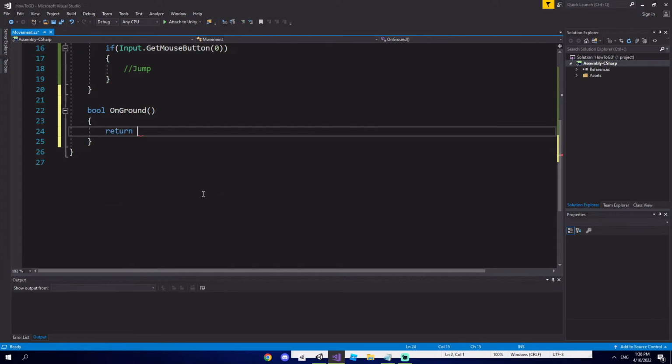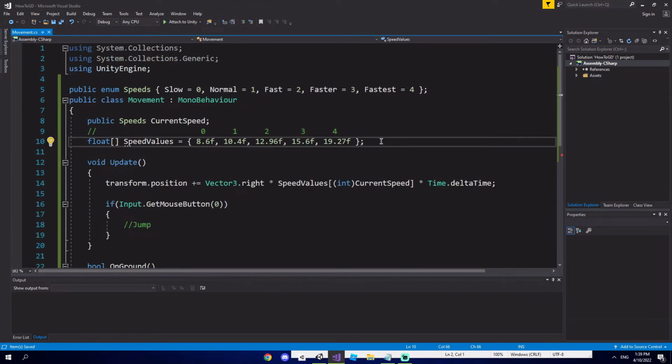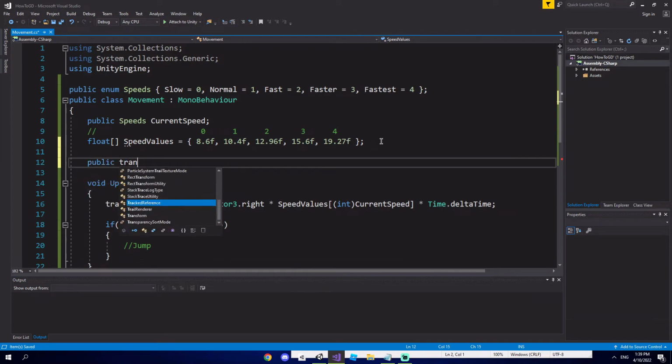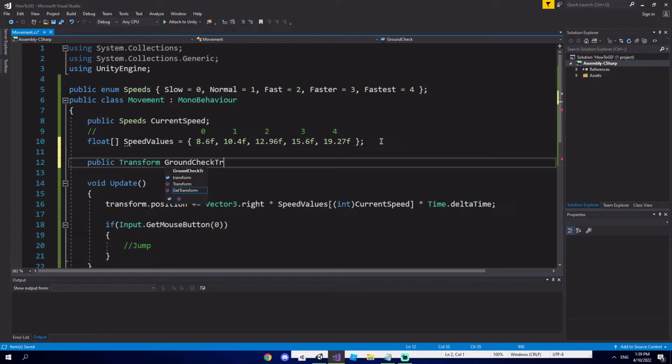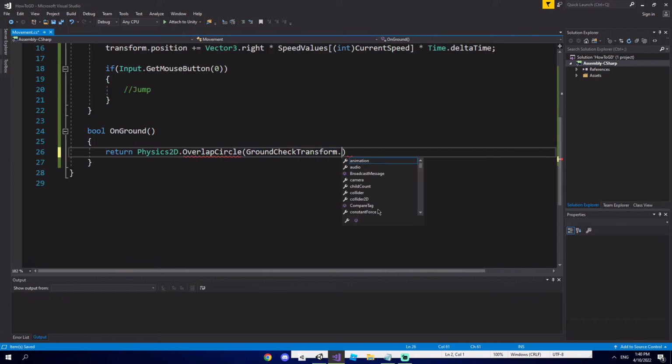I'm going to say return Physics2D.OverlapCircle. So we're going to be needing a point and a radius. Okay. Now let's say public Transform GroundCheck transform. GroundCheck transform.position,